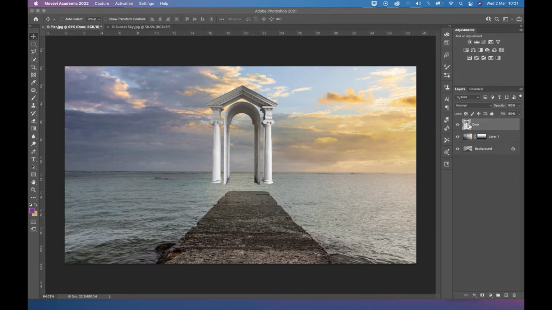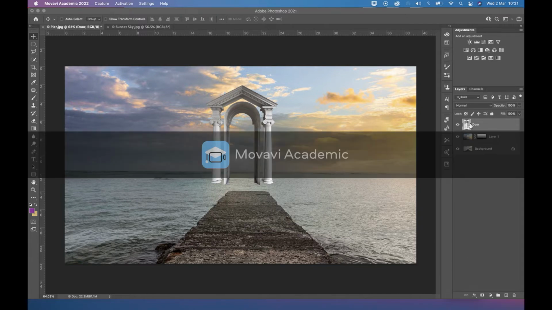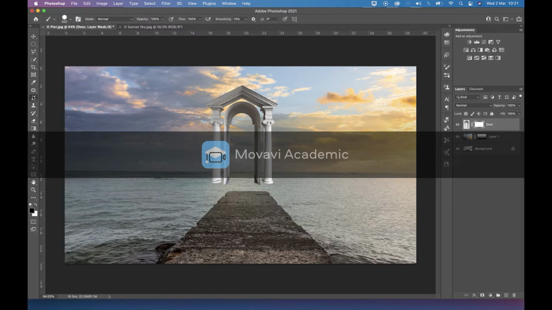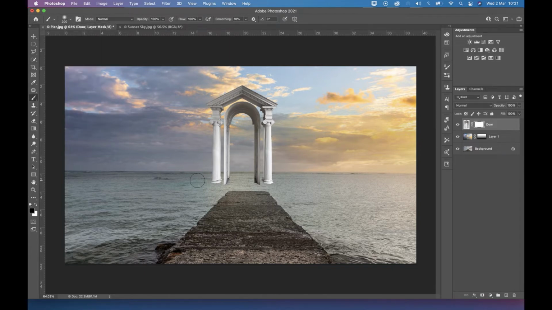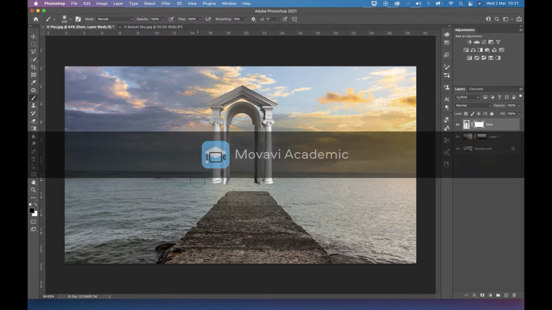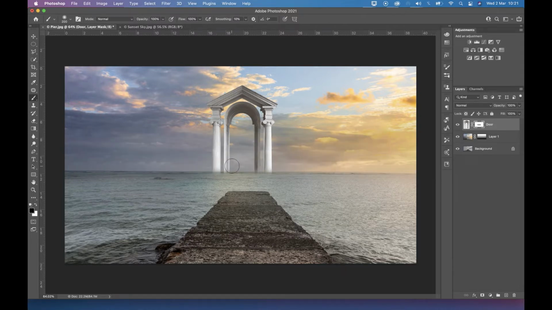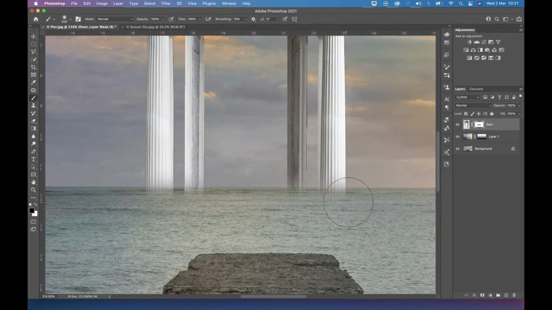To make a mask, make sure your door is selected here, and we're going to click on this to make a mask. Right? The brush, make sure you have a soft brush. Okay, so choose some soft brush, and we're going to pass in a straight line like this to kind of match it to the horizon. Okay, to do that in a straight line, obviously hold shift and pass like this. Okay, and like that we get it somewhat matching,